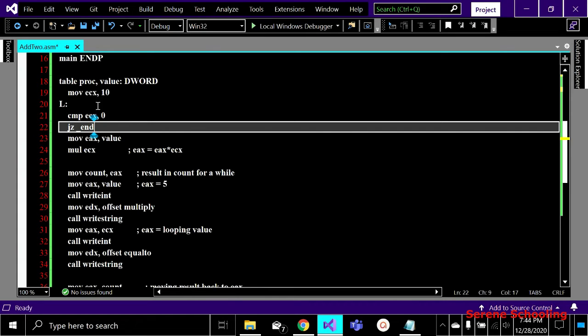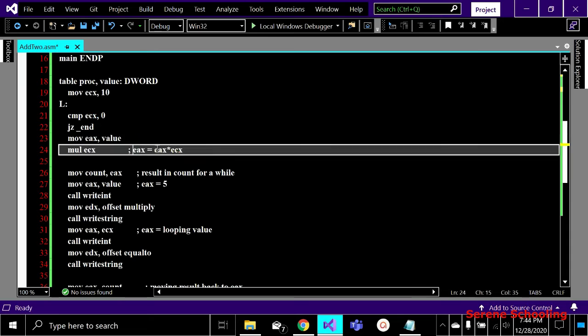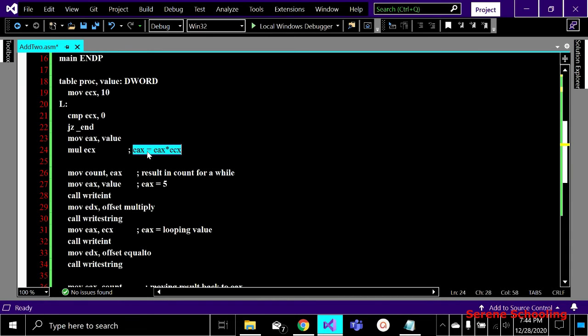So 5 multiplied by 10 gets stored in EAX. Previously my EAX was 5, but after this step it has been updated, and now it is containing the result of the multiplication, that is 5 tens are 50.